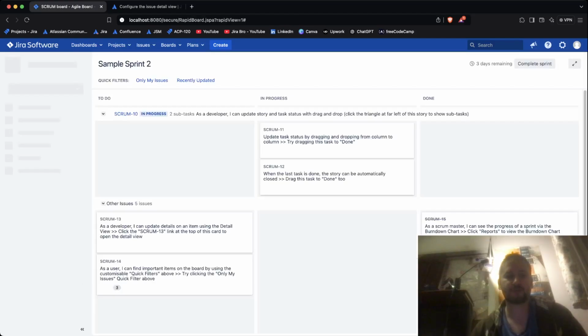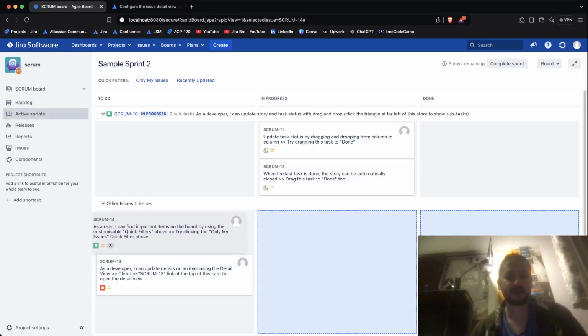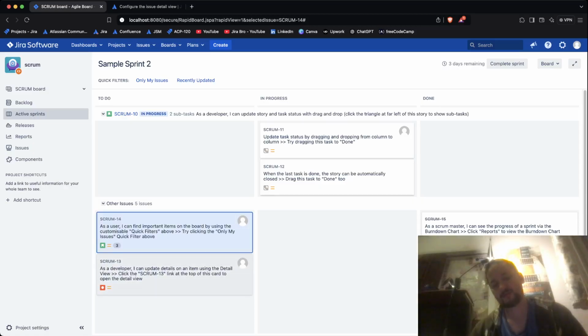If I go back to the board, it means that I can move these issues on top of each other. So if I have something important to be done, let's say I want the highest issues to be shown first. I want to make sure that based on the ranking I can do this, so my team is focused on what we can actually do